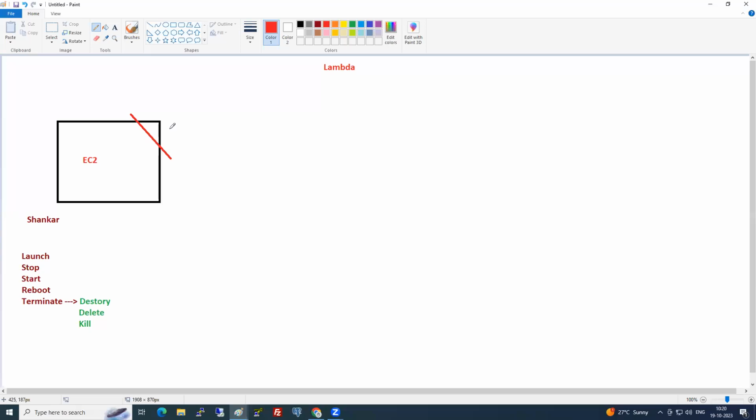AWS is saying serverless. For us, it is serverless, but in the backend, servers will be there. But who is handling all those things? AWS. So now, in Shankar's case, I created a small function.